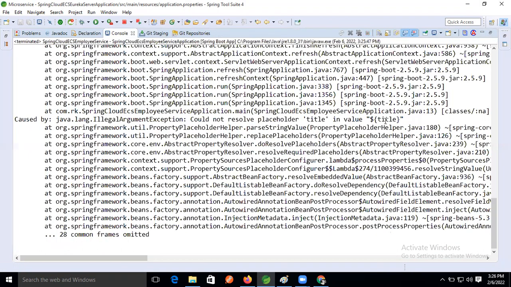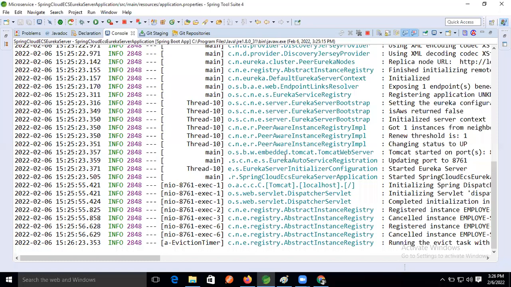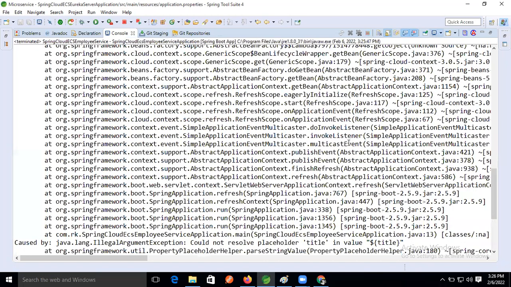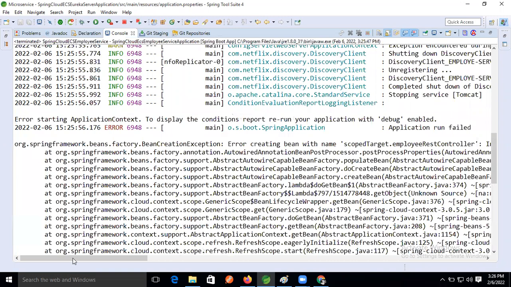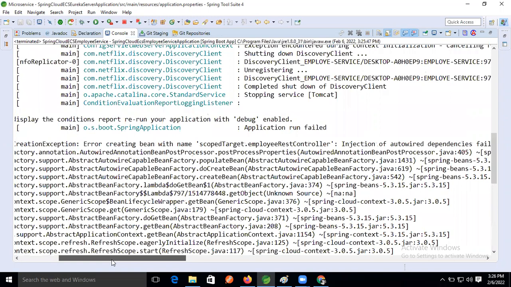Again, this title. Okay. Value of the title. Scope target employee.